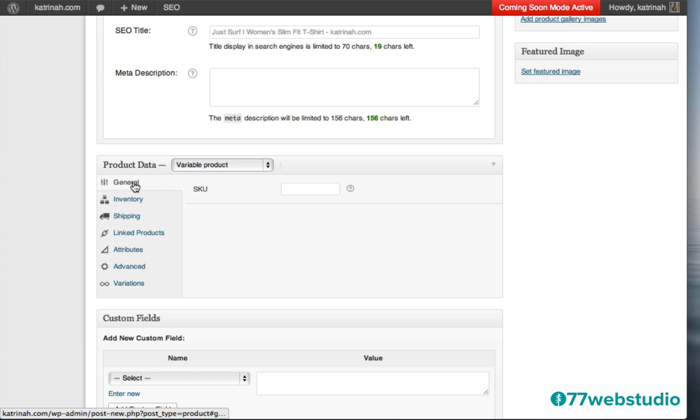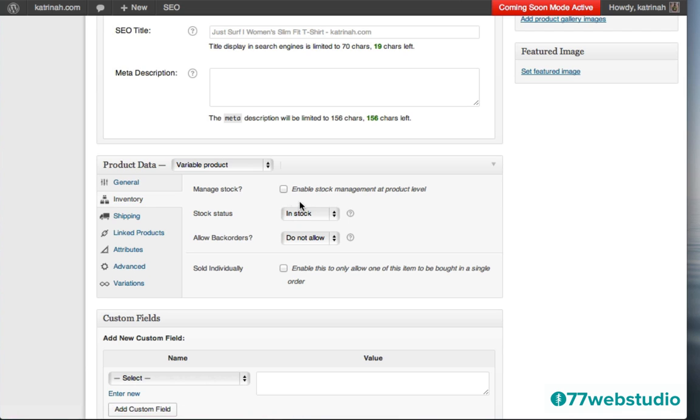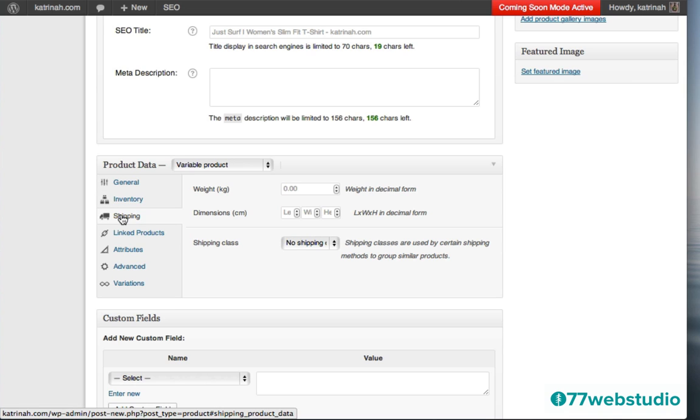So here we are in the General tab, and then we just have this SKU here. Now we can click on Inventory, and once again you can select any of this. I'm going to leave it all as the default version, so I'm not going to touch Inventory, but these are some options that you can select if you'd like to do so. For shipping, I'm going to click on Shipping. And once again, we can also specify shipping right here. I'm not going to do that right now. I'll just leave it as no shipping class. We'll come back to shipping in just a few moments after we put together some products. So I'm going to leave shipping as it is.